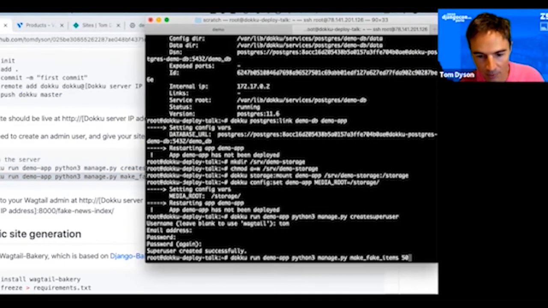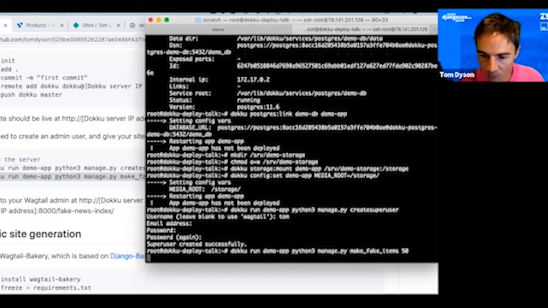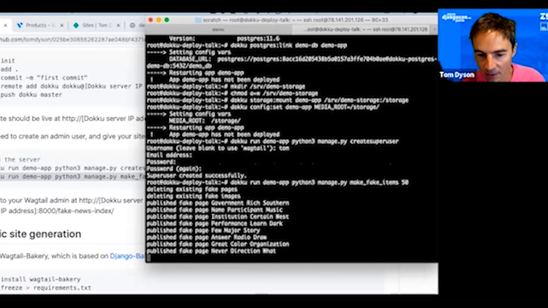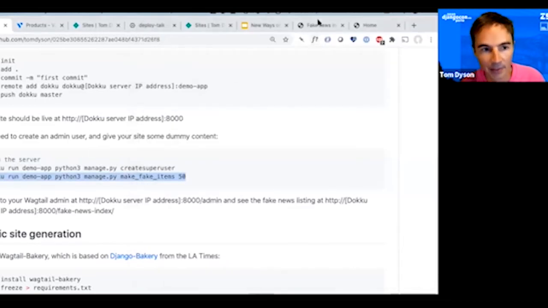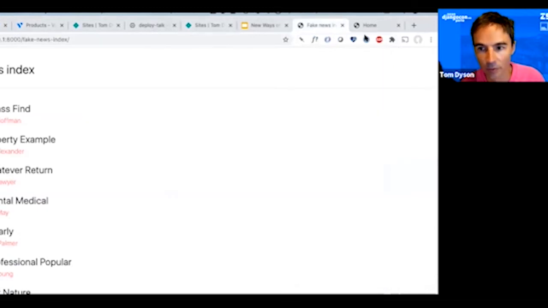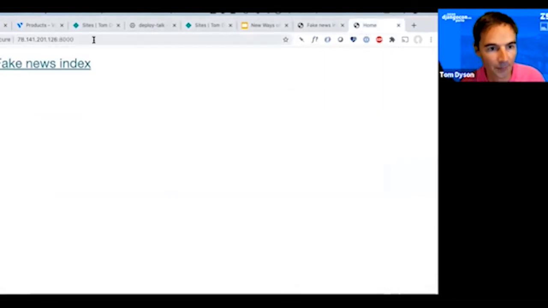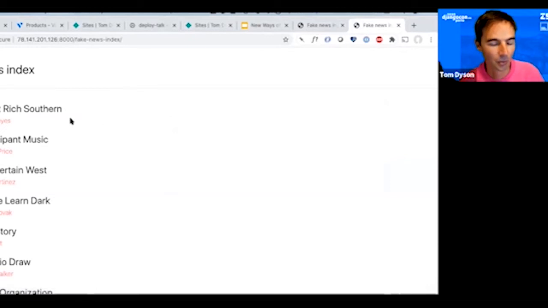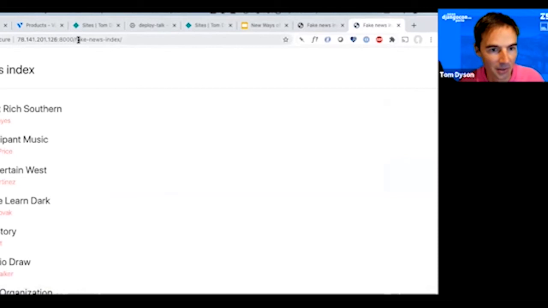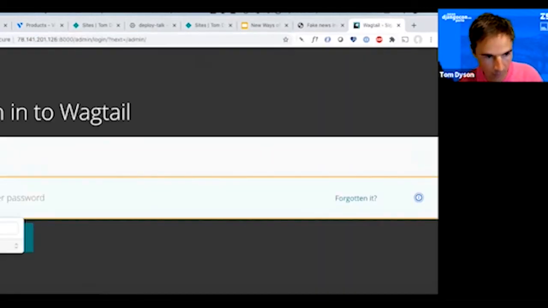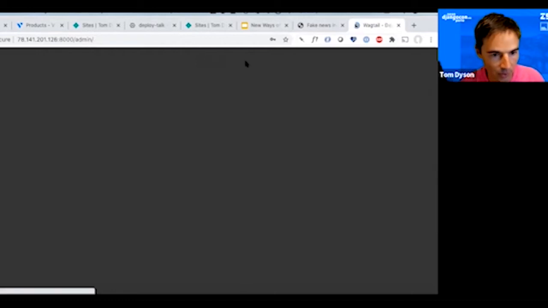And then similarly, we're going to create some fake items just like we did before, but this time we're running it on Dokku. So again, a few seconds for it to spin up the container, and then it starts creating all those fake items. So now if we look again on that one, but on our live server, and go to fake index, we see all our site and all the pages that have been created. And just to confirm that the admin user worked, I can hopefully log in now using the details I just created,